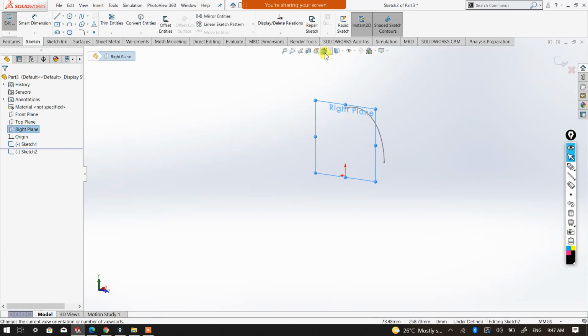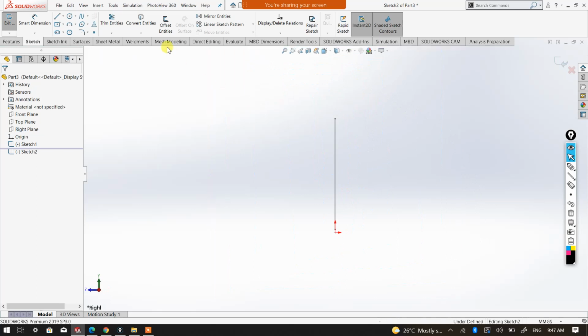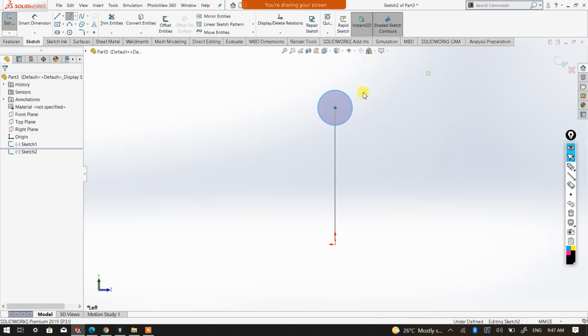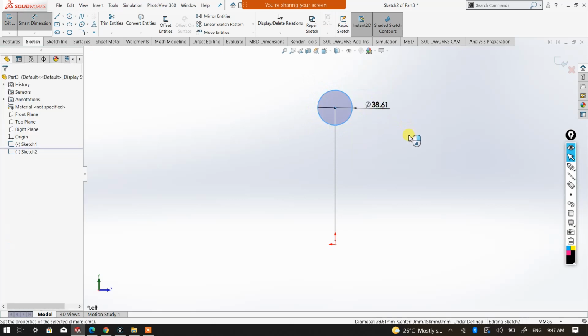and then normal 2. Then I'm going to face the other side. So I'm going to pick one more time, normal 2. Okay, it's facing the other side like this. So I'm going to have a circle over here because it's a pipe, right? So I'm going to start it over here, and let's see, the diameter that I'm going to apply for this circle is, let's say, 40 mm,